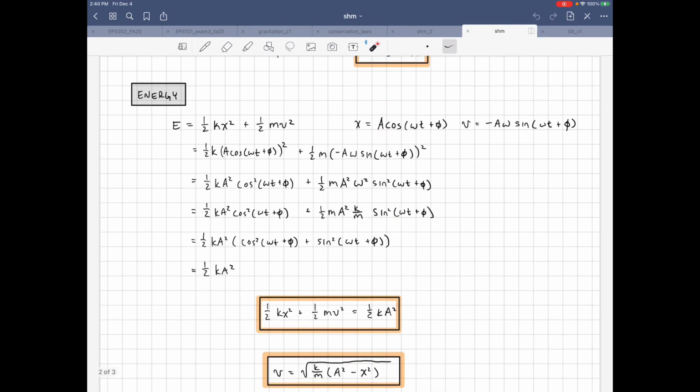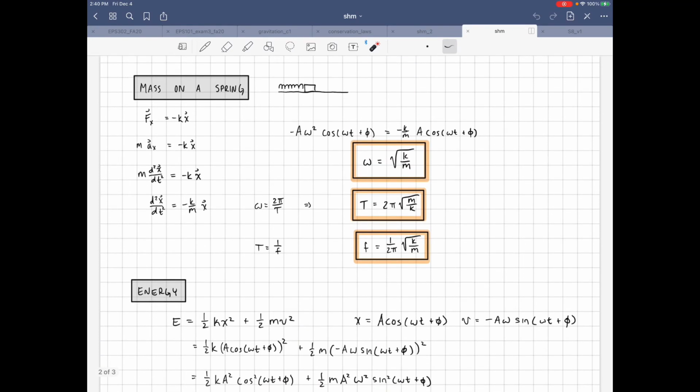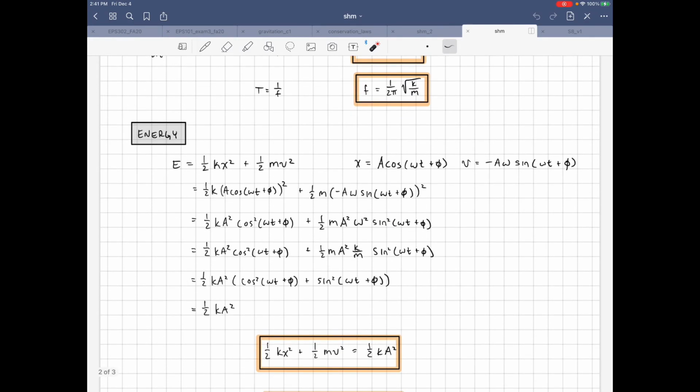Now, another thing that we want to consider is how we can describe the energy of the object as it's undergoing simple harmonic motion. To start the motion, maybe we'll bring the block all the way out here, and then we'll let it go, and it'll swing back and forth, oscillating. And if there's no friction, it'll just oscillate back and forth forever. And we want to know how we can describe the energy as this thing is oscillating back and forth